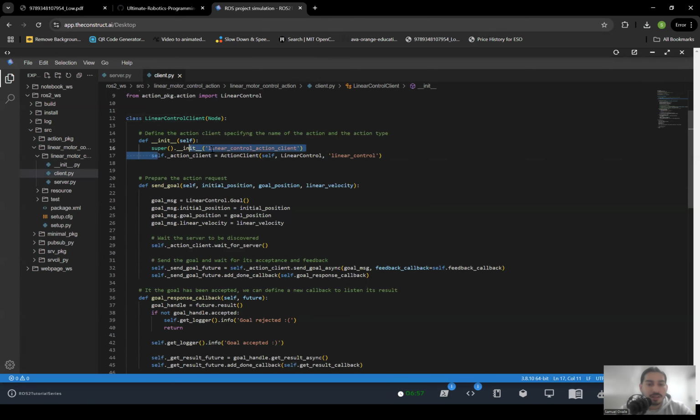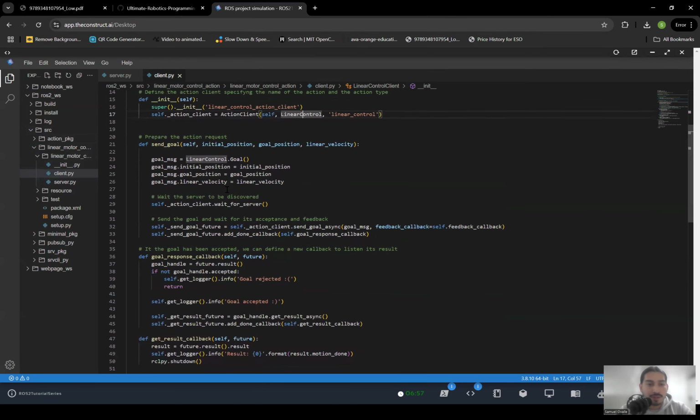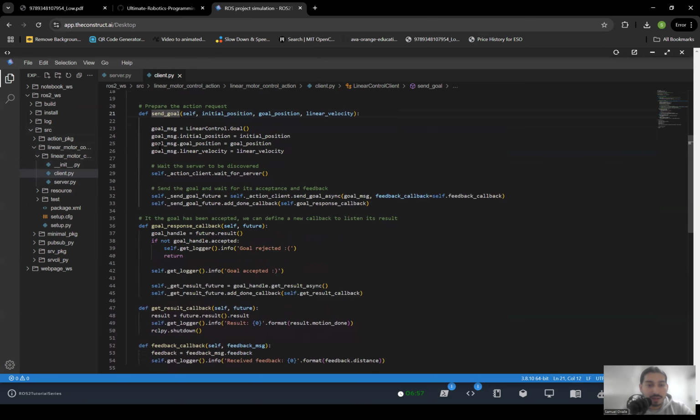Then we're just rewriting our initializer so that we can initialize this client to have some of those data types. So this kind of looks like the client from video 3. We're just giving it a name. And then we're going to provide several methods where this send goal method actually sends the server a request. We're going to provide several initializations of variables with that, some of the parameters of this method. So we could set up the initial position, goal position, and linear velocity to do different things, and you can